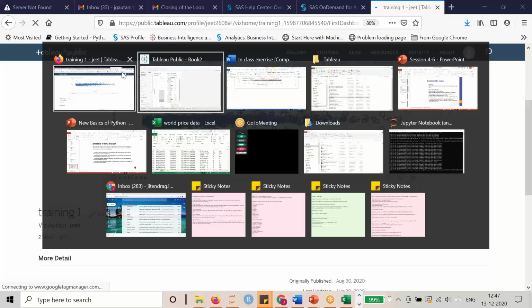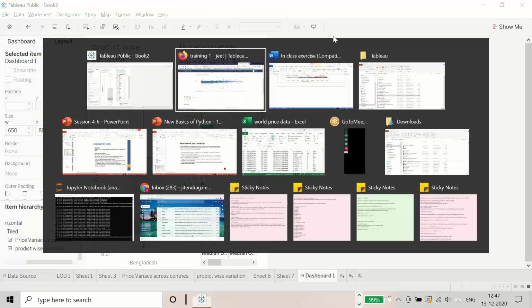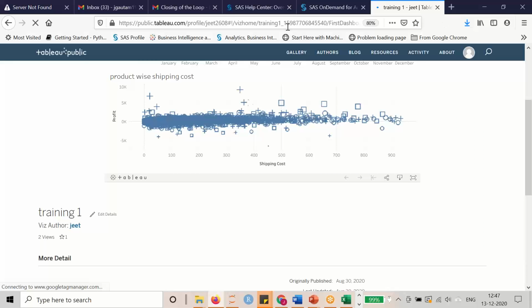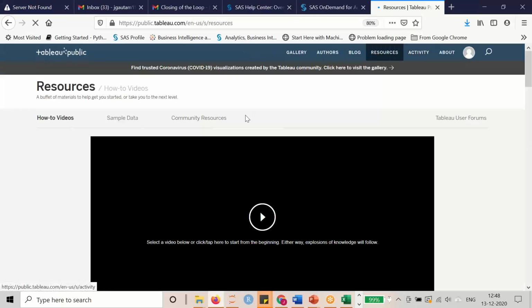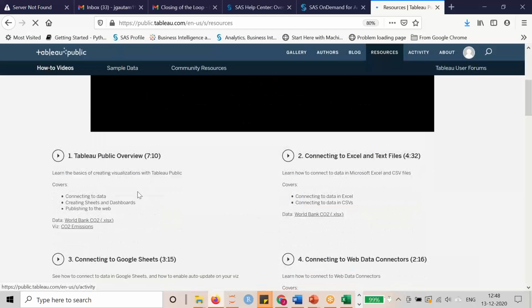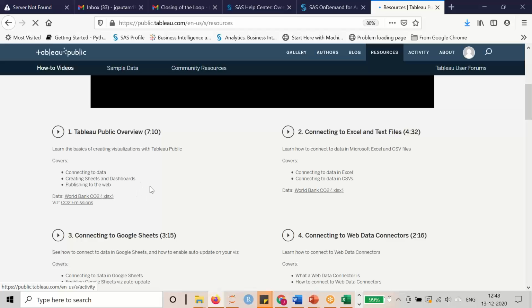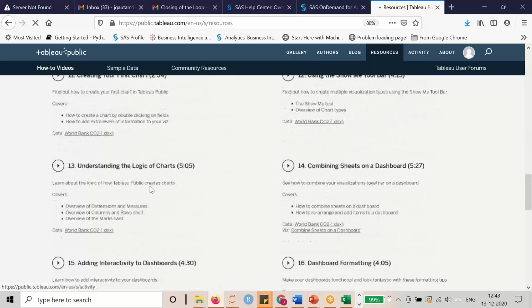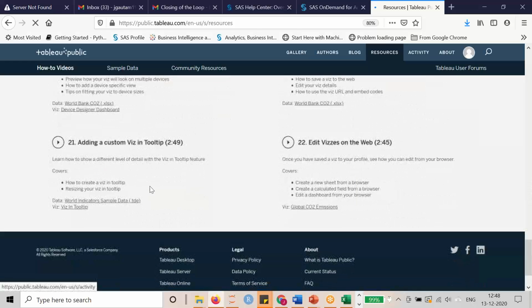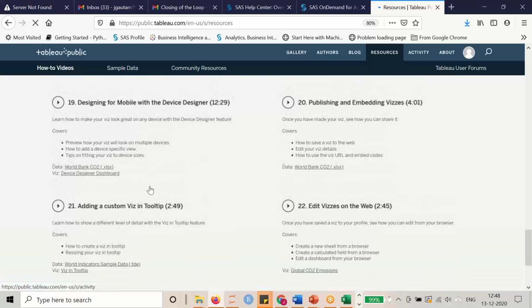Okay, now coming back to the topic I was explaining, how to learn. So go to Resources, right? And if you want to learn how to publish, there are so many topics, right? They are also giving you the data. The moment you click on this,